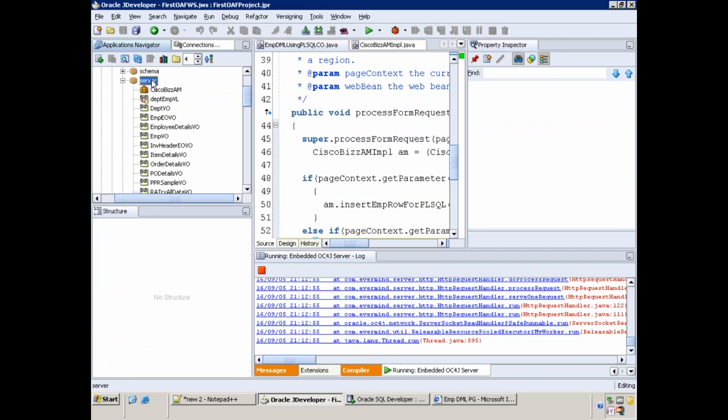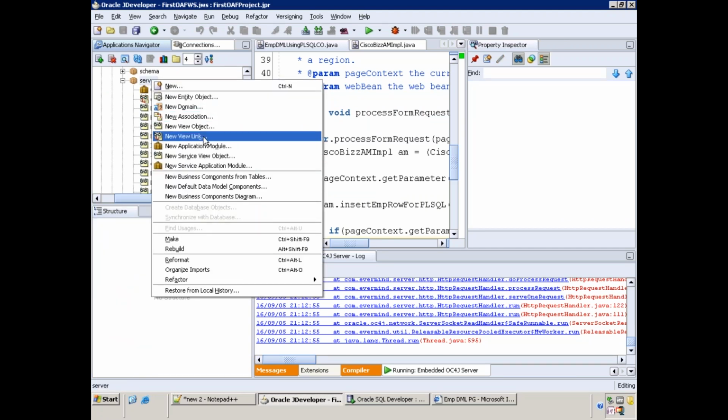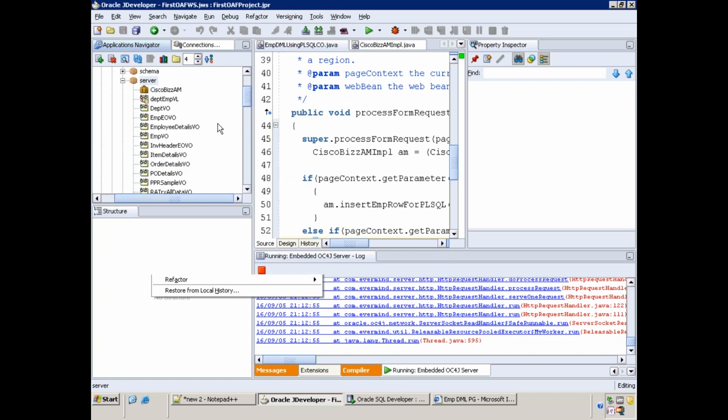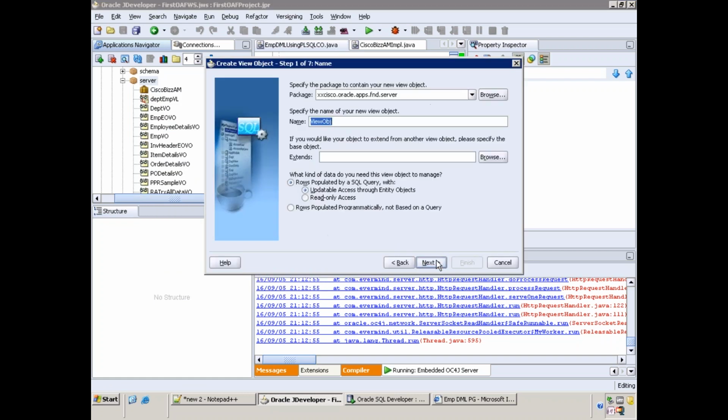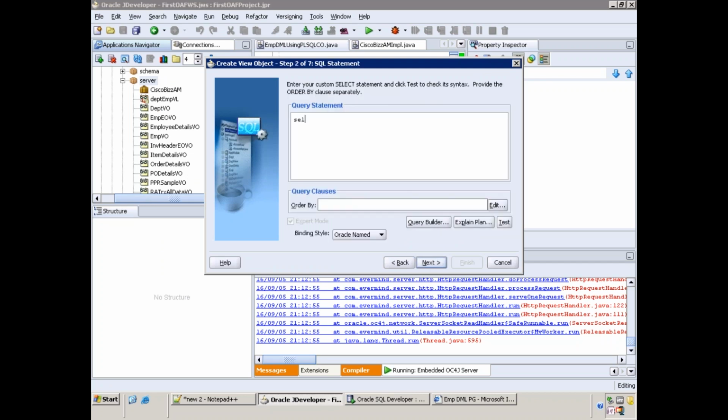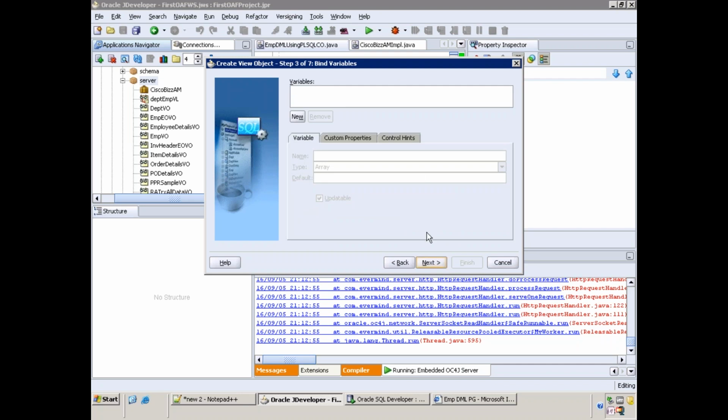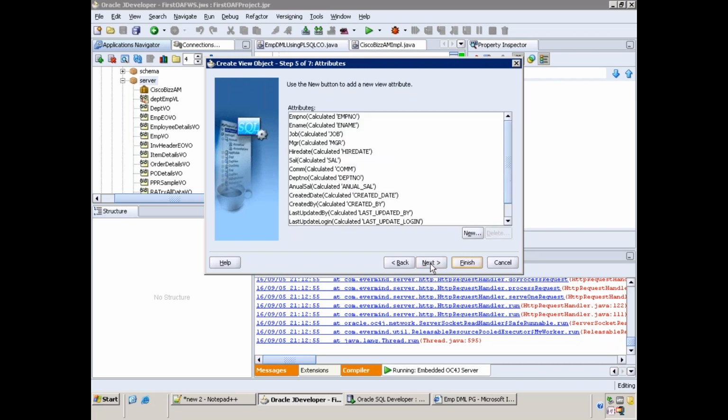Okay. That's the reason it is not working as expected. So what I will do is I'll just create one more VO now. New View object. I'll just say emp PL SQL VO, okay? Read only access. Select star from emp. Next. Next.